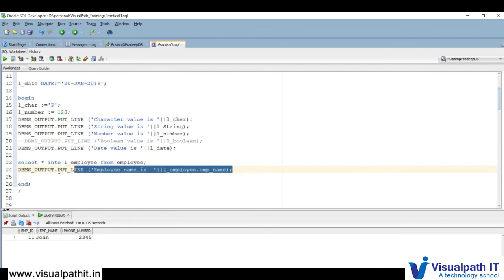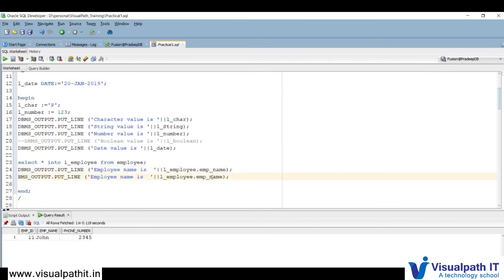Now if I want to print the employee ID, I can simply write employee dot employee ID, and similarly the employee phone.